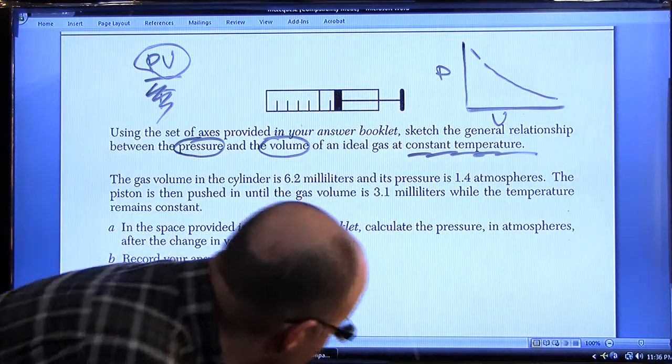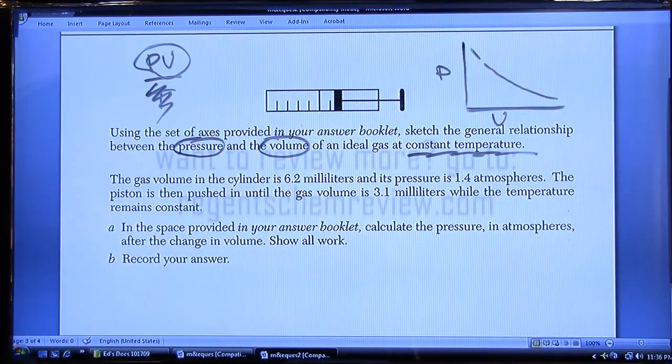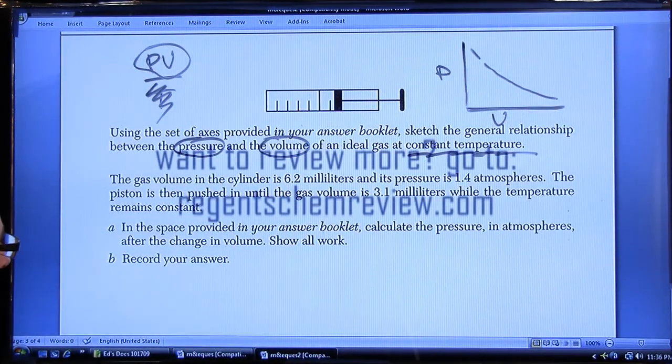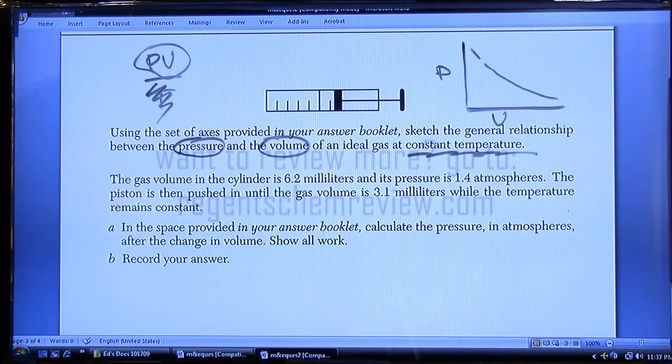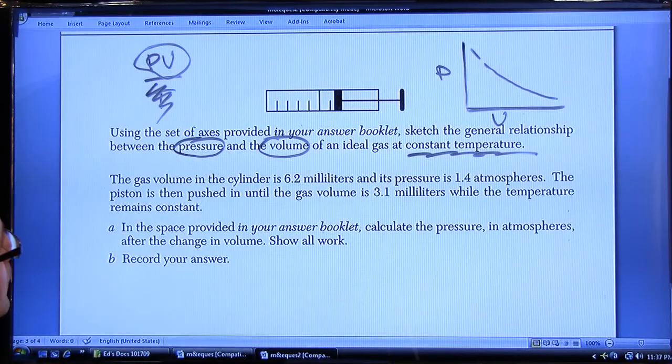That's an inverse relationship. And then they say, in the space provided in your answer booklet, calculate the pressure in atmospheres after the change in volume. So the gas volume in the cylinder is at first 6.2 milliliters, and its pressure is 1.4 atmospheres. The piston is then pushed in until the gas volume is 3.1 milliliters, so the volume is halved, while the